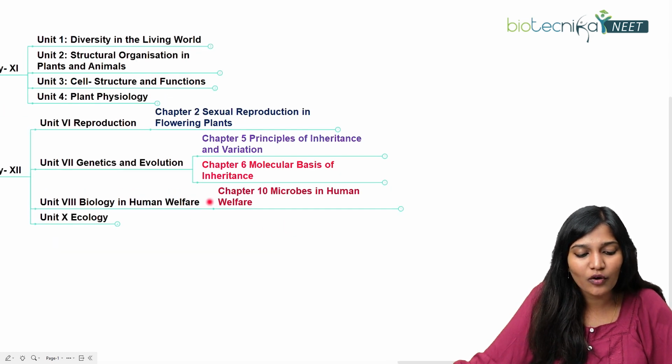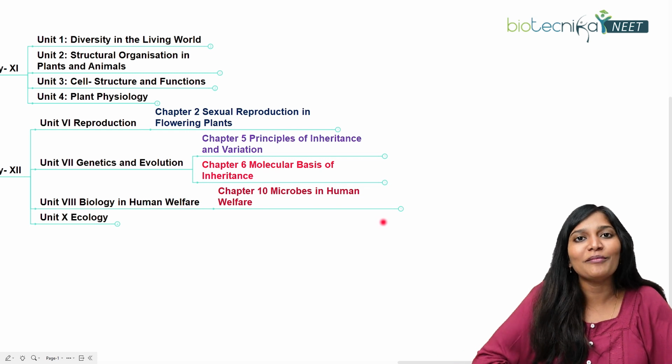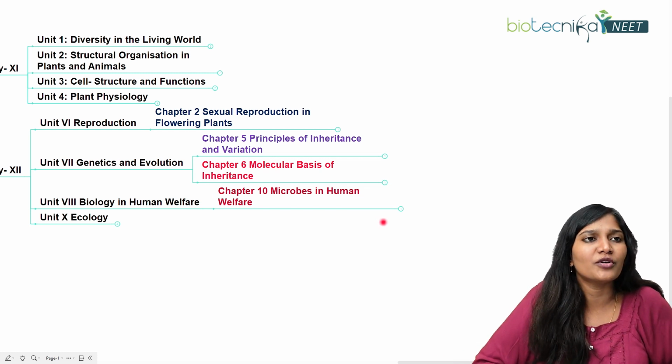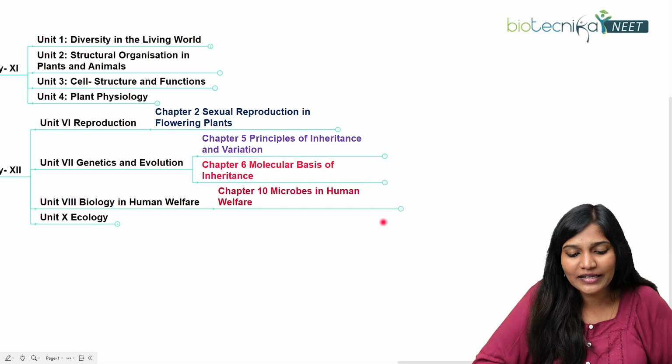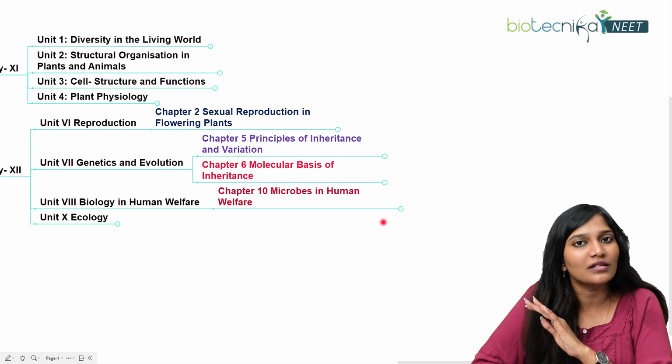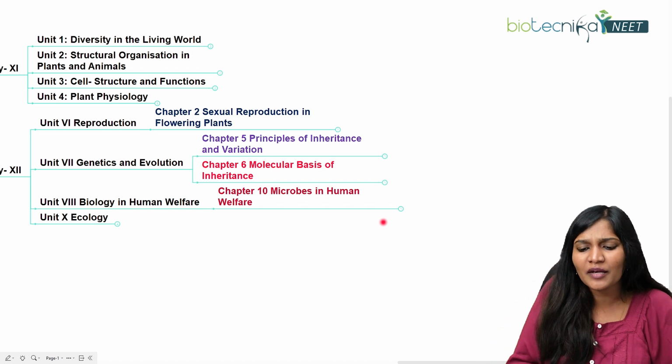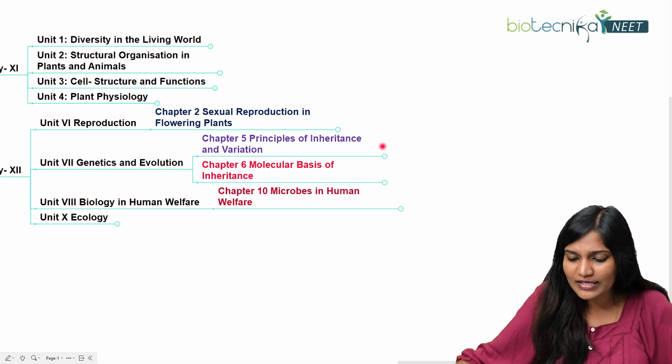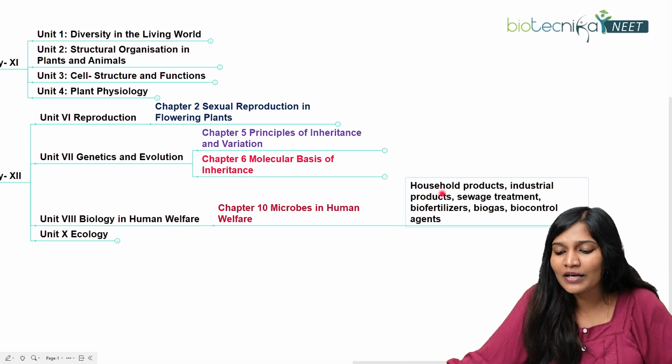The next one is biology in human welfare. So here microbes in human welfare, most important unit, very easy unit. Just make a tabulation for microorganism. What is the product that is produced from it? This is a very important question which keeps coming in your NEET examination all the time. So microbes in human welfare, like